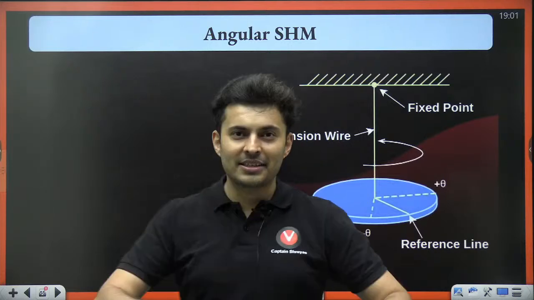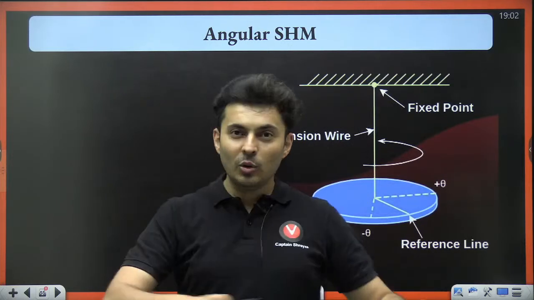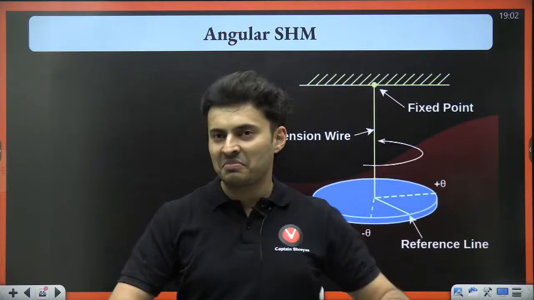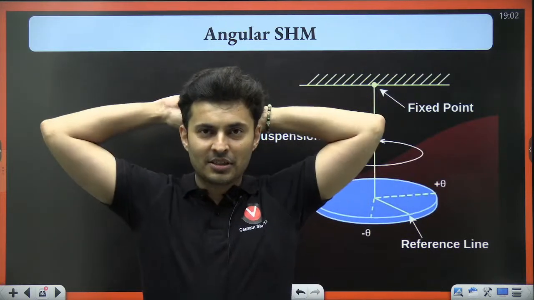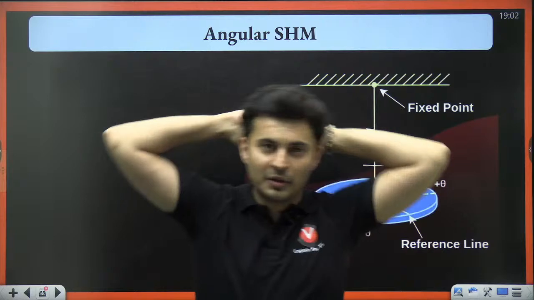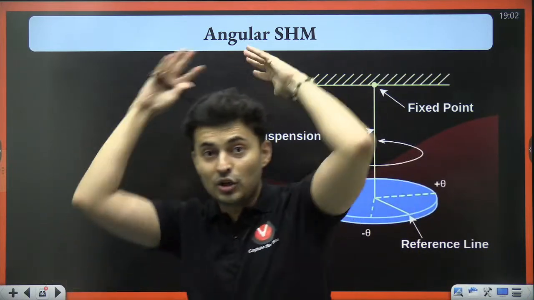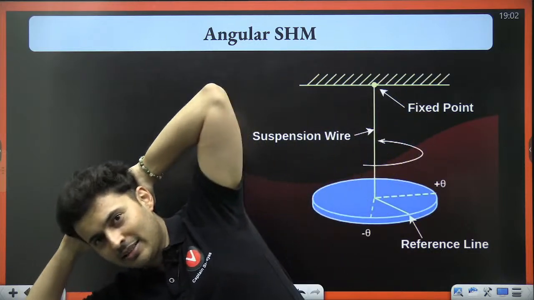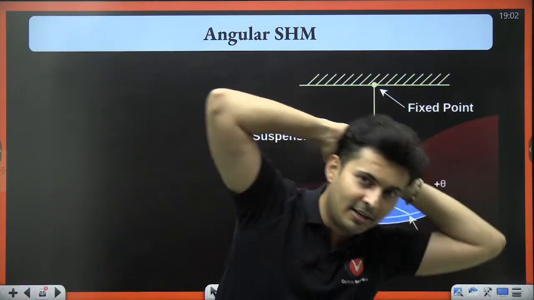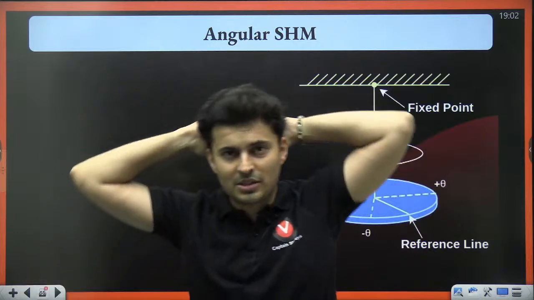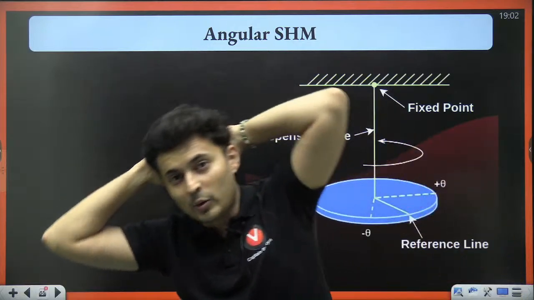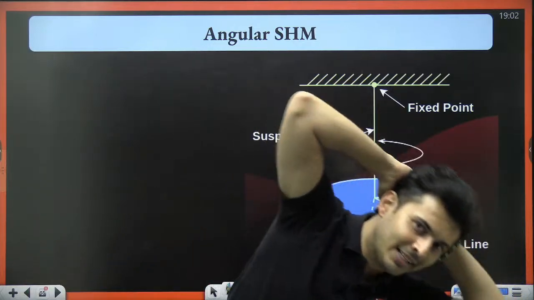Or in exercise, when you are exercising, you do this step. How many of you do this kind of exercise? Or this, you do this, right? How many of you do this? This is angular. See, my angle is changing and it is oscillating. If you see, the angle is increasing, decreasing, 0, negative, 0, positive, 0, negative, 0, maximum positive, 0, maximum negative.